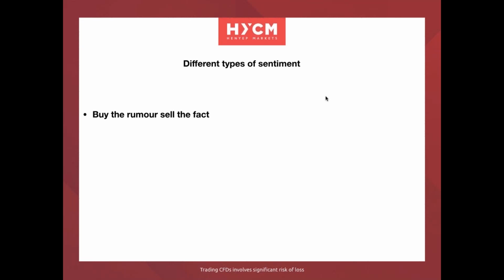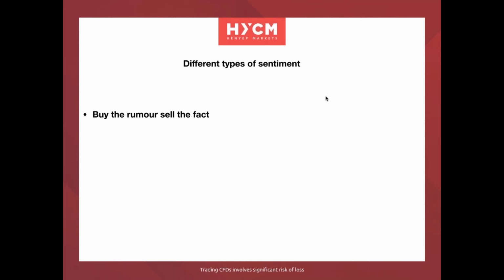And the market is a very emotional place, and it's prone to wild mood swings, which can be overly pessimistic or overly optimistic. So correctly reading that sentiment will help you keep in step with the market's present mood. That's a brief summary of sentiment. I hope that's clear. If it isn't clear, just send me a message and I can maybe elaborate on that further. We'll move on now to the different types of sentiment.